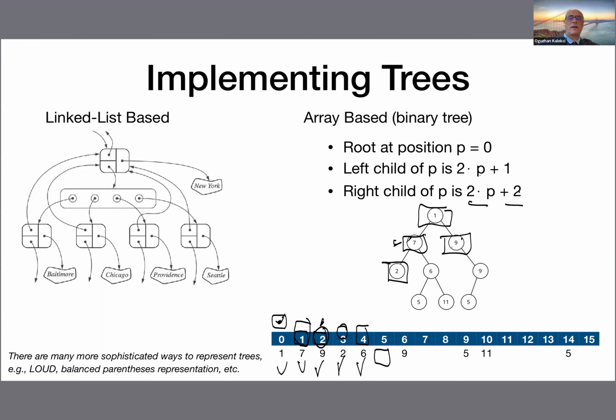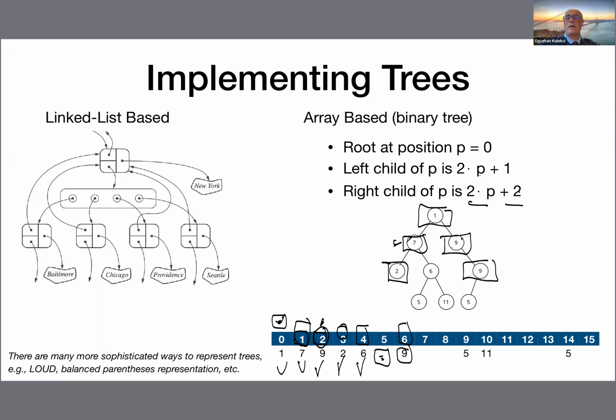Since 9 does not have a left child, we leave it empty. Okay. And what is the right child? 2 times 2 plus 2, position 6. Okay. And at position 6, I will have this other value 9 there. Okay. And in this way, you can just